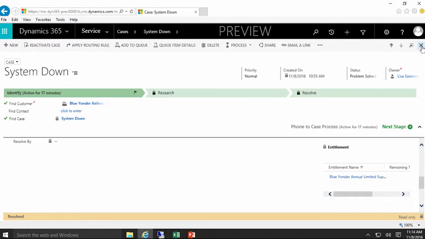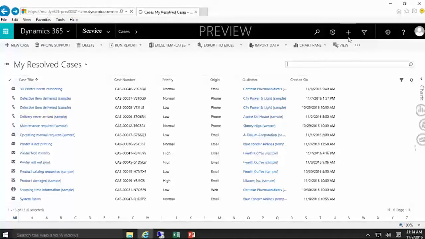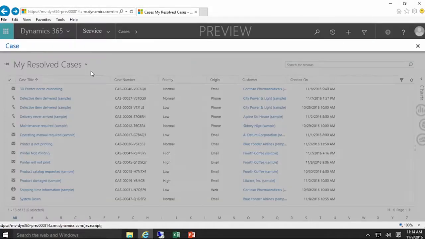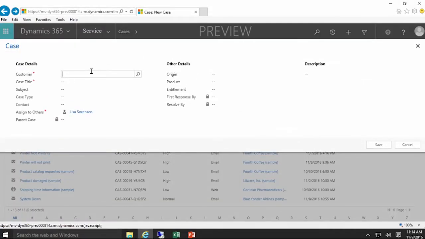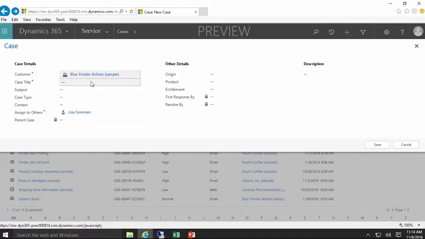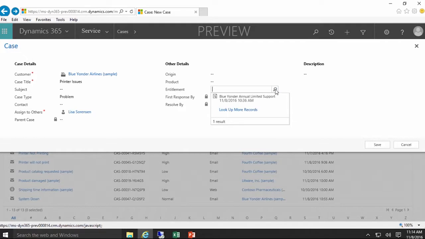And again, I'm going to just close that, and we're going to create one more. So let's say they call in with another issue. So again, go in, we select Blue Yonder. This one's related to printer issues. And then from here, you'll notice right from the quick create form, I also have the ability to associate an entitlement to this. So as soon as I create this and save it,